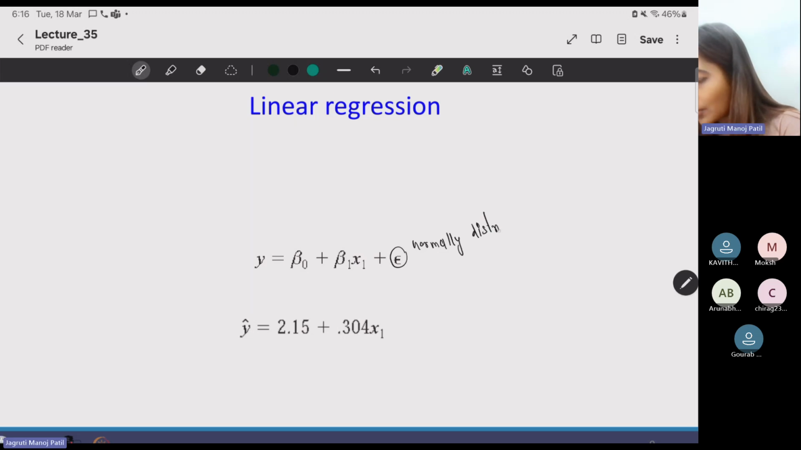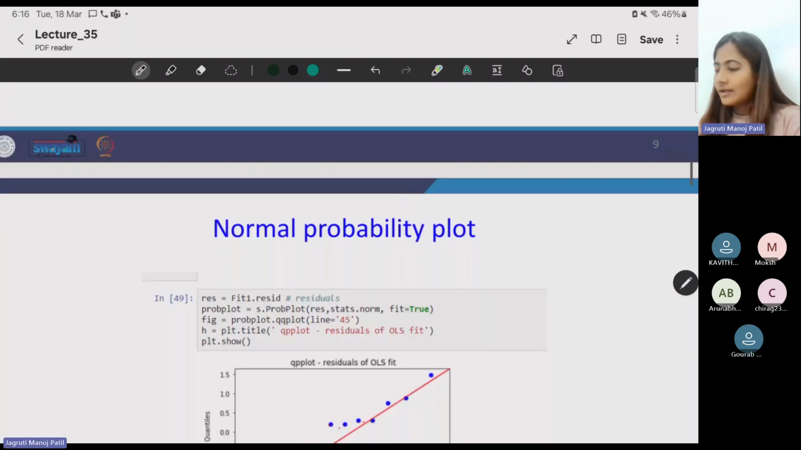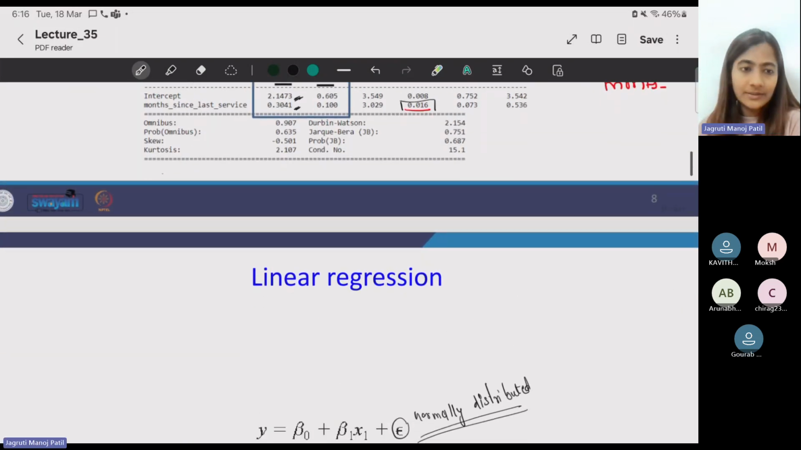The slides are visible to you all, right? Yes, ma'am. Thanks. So then what we'll do is, like, in order to see if our data is normally distributed